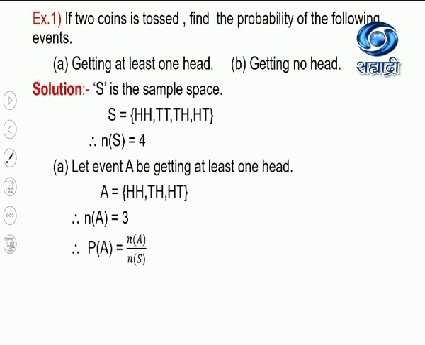Now let us write the formula. P of A is equal to N of A upon N of S. So children, every time this formula is very, very important. Later on we will substitute values in this formula. So P of A is equal to 3 upon 4. Okay, so this is our answer. I have highlighted it with red ink. You can use a box also.